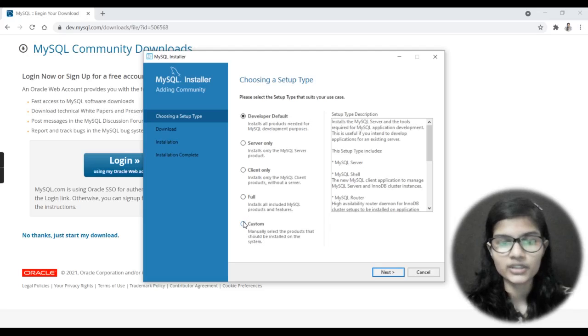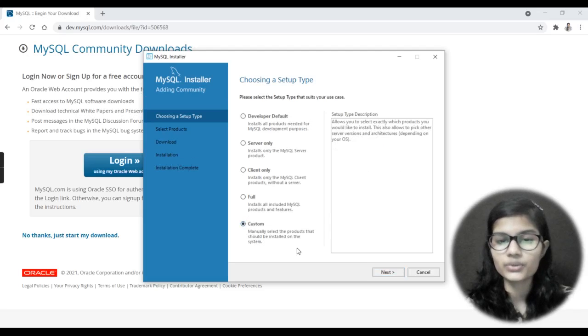Right, so I'm clicking on this custom because I would manually choose the products that I need to install. Just see what is written: that allows you to select exactly which products you would like to install. This also allows you to pick other server versions and architectures. Right, so I would be choosing on my own what things I want to install with this MySQL.